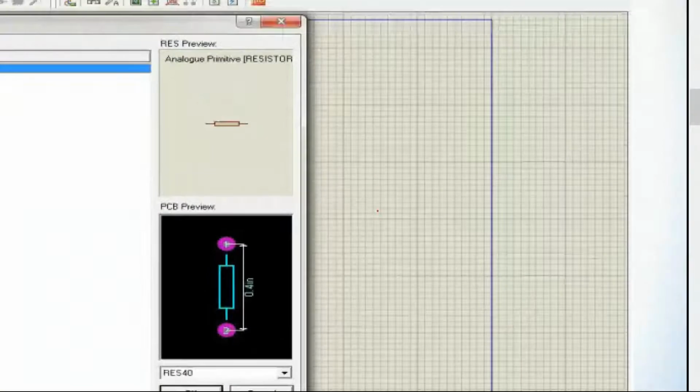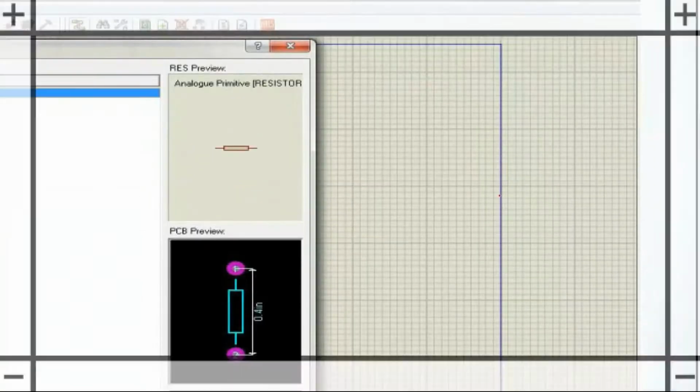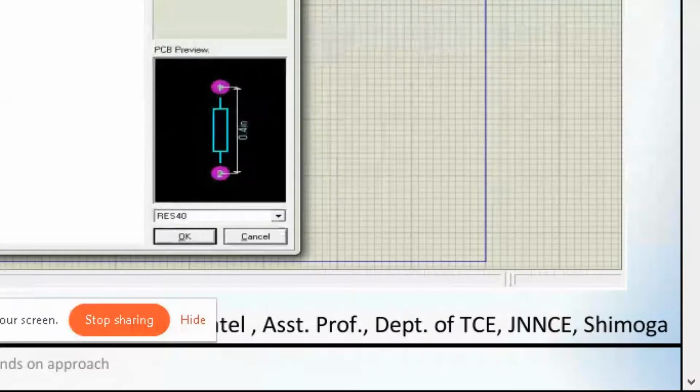Now the thing is, if you carefully observe here, under schematic capture preview, I can have an idea of how exactly this resistor actually looks like, as well as I can also have a PCB preview.